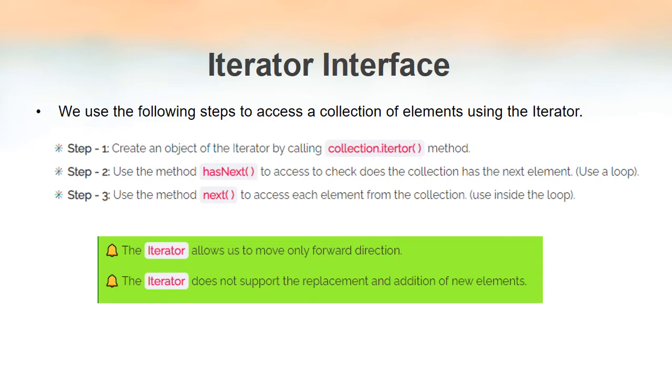The hasNext method, as the name indicates, is used for checking whether there exists an element inside the collection or not. hasNext will return true if there is an element inside the collection. It will return false if there are no more elements inside the collection. So by using the hasNext method inside a loop, we can iterate through the elements inside the collection. Also, if you want to get the elements one by one inside a collection, we can make use of the method named next.